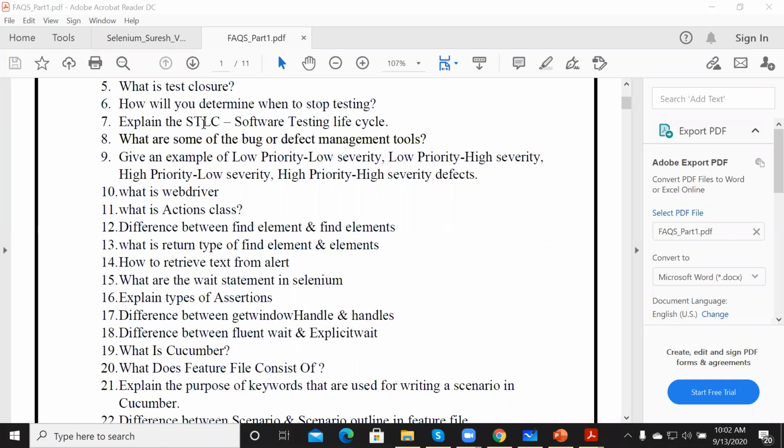And then explain STLC. Mentioning the software testing life cycle. After that, what are all